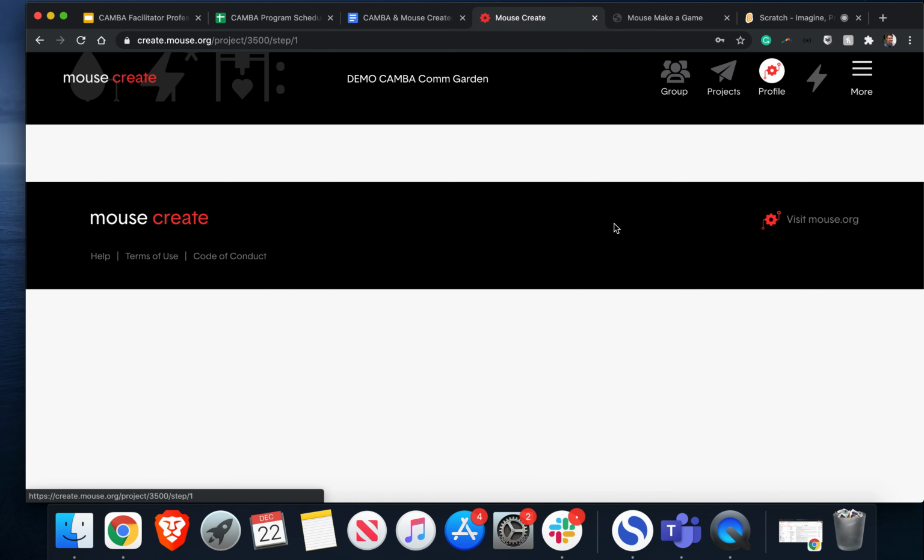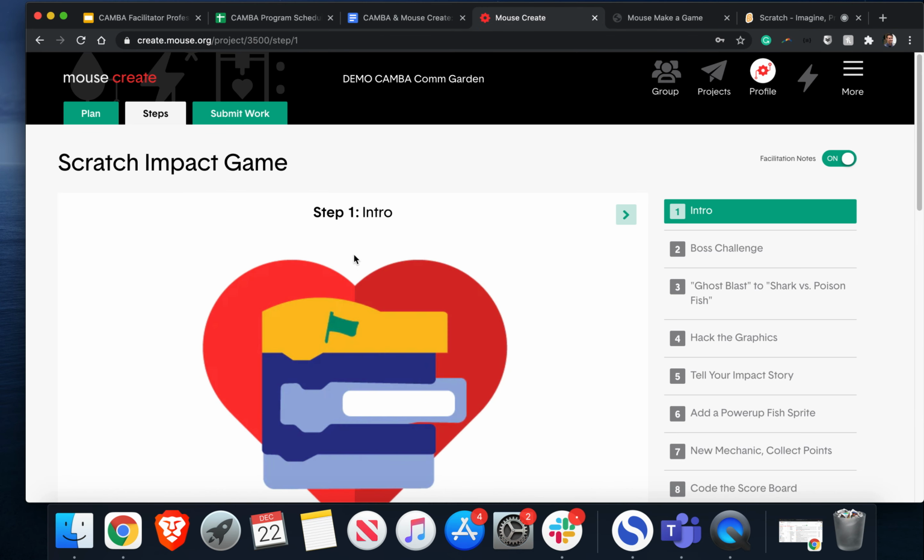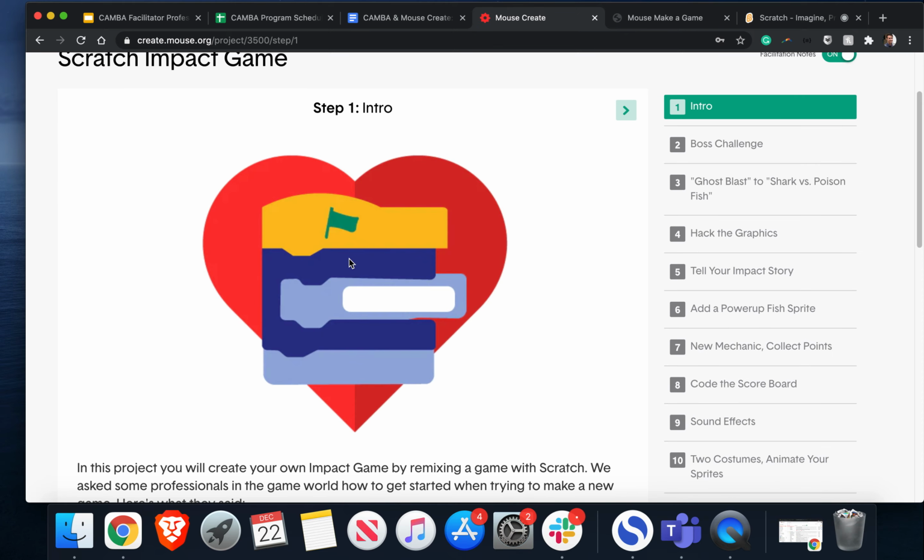And then the Scratch Impact Game project. Now this one you're going to want to spend a good amount of time on. We recommend at least 2 hours. It really is the capstone project here. And so the recommendation here is that a student will